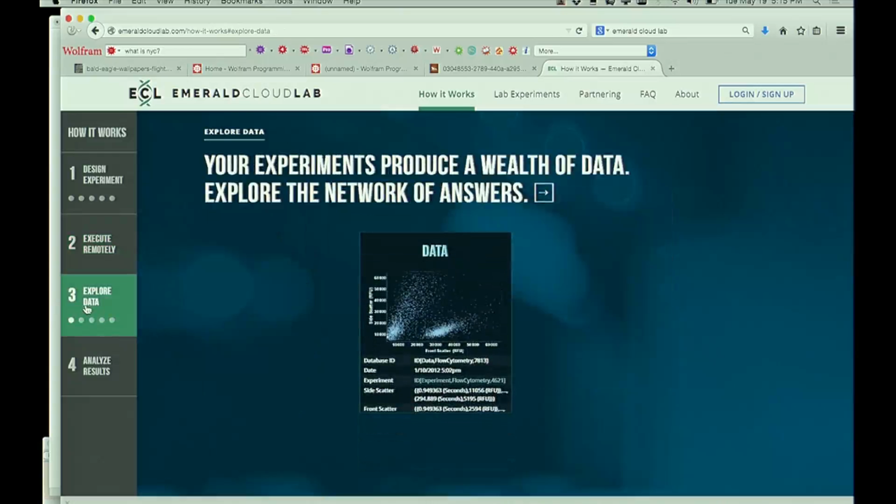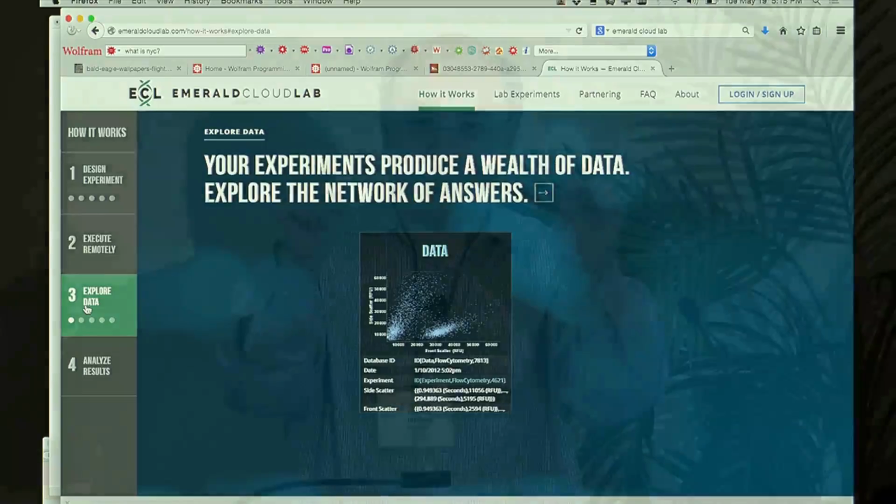So that's a fairly high-end example of a use of the language for a sequence of things, for being able to specify symbolically, using the symbolic structure of the language, a sequence of operations to be done for a biology experiment, being able to manage the data. I thought it was really cute when I visited this company, and their machines are actually labeled with Wolfram Language code. The physical machines are labeled that way, so it's really making use of our language all the way through.